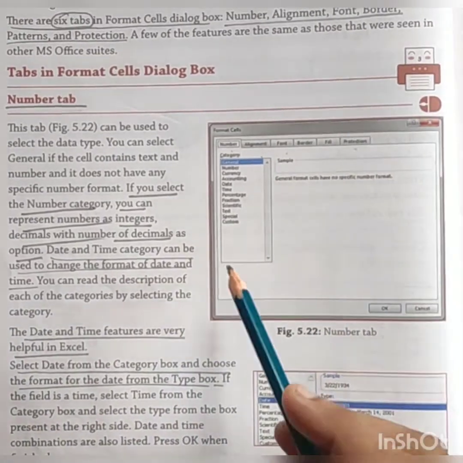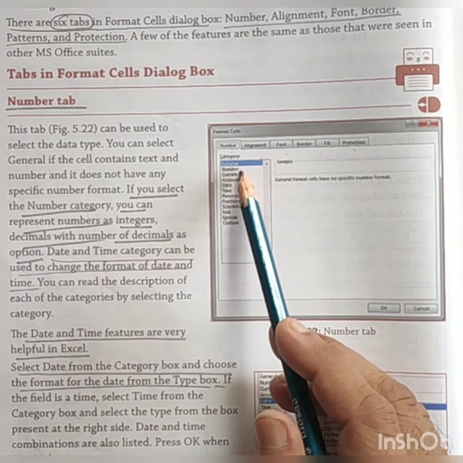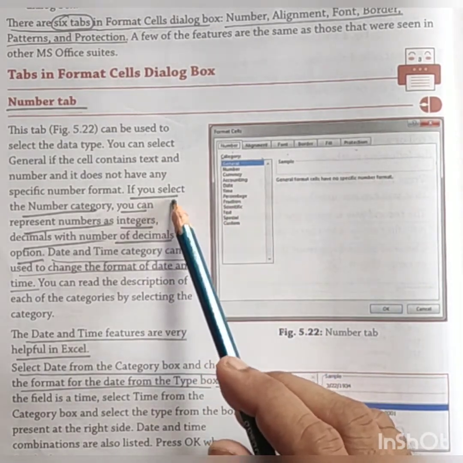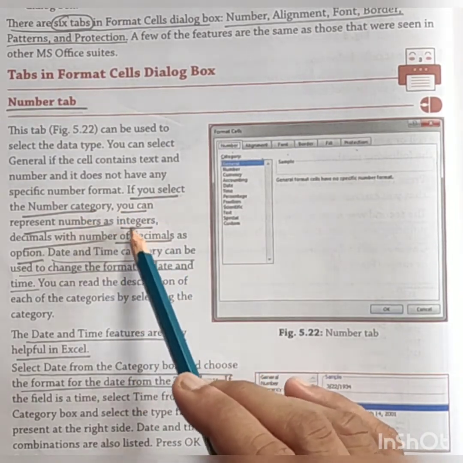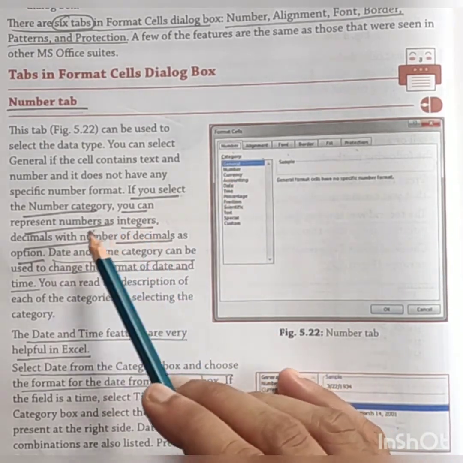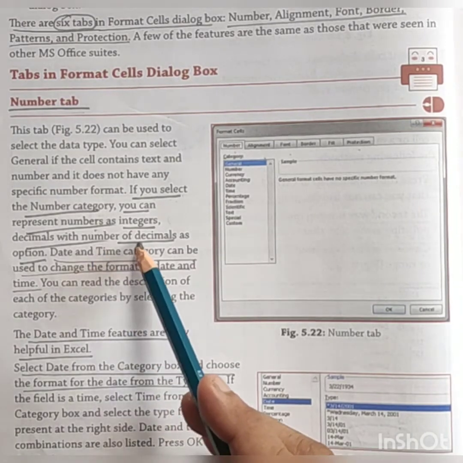The number tab is basically based on the number category, for example general, number, currency, date, time, percentage. I'll explain slowly. If we select a number category, for example number here, it is an integer or decimal, with the decimal as an option.